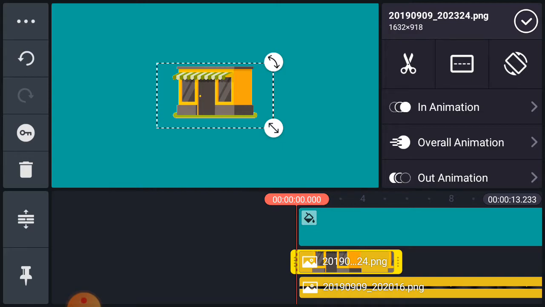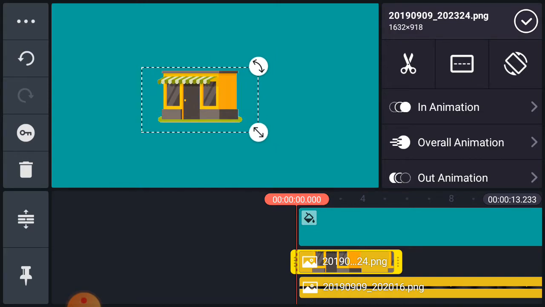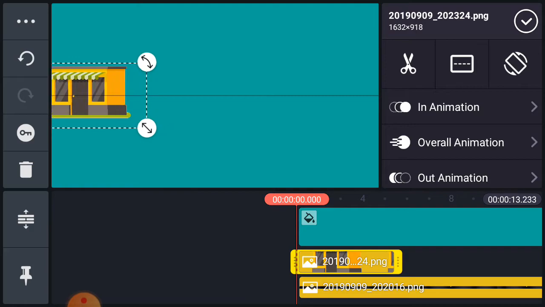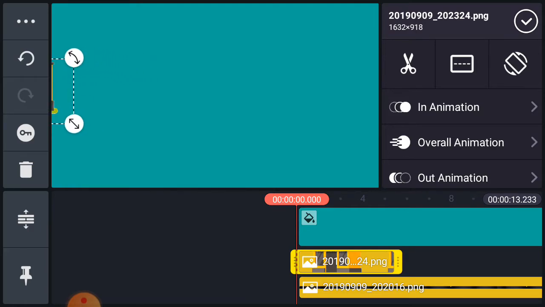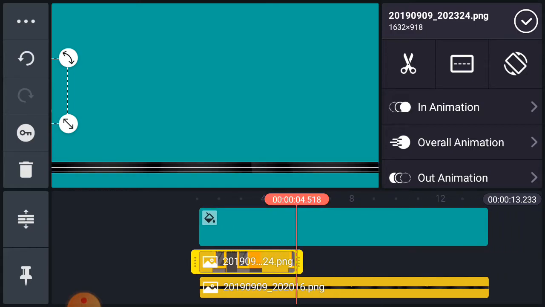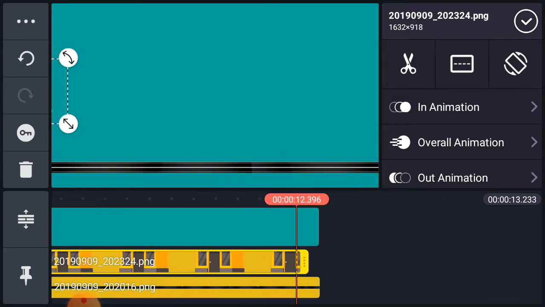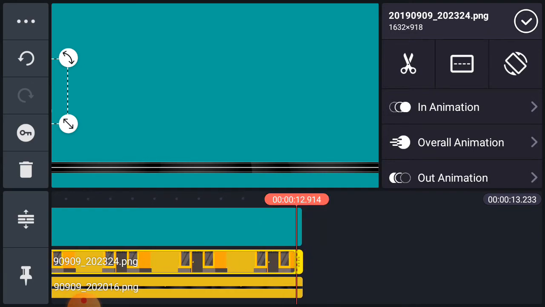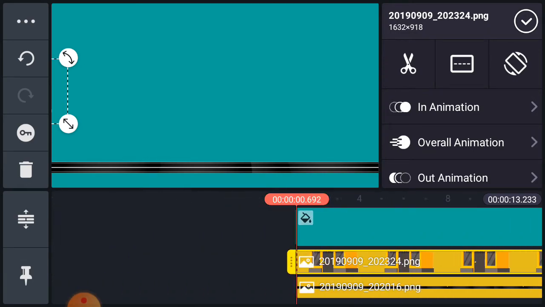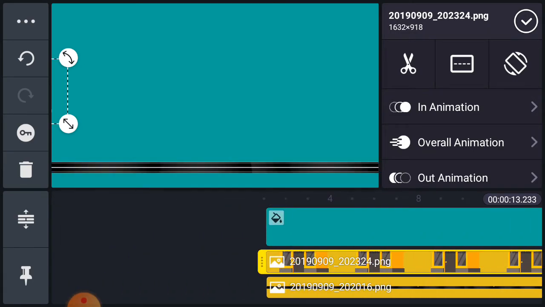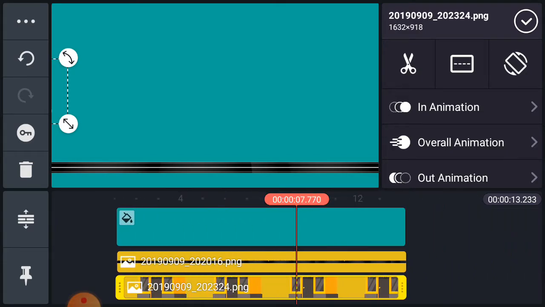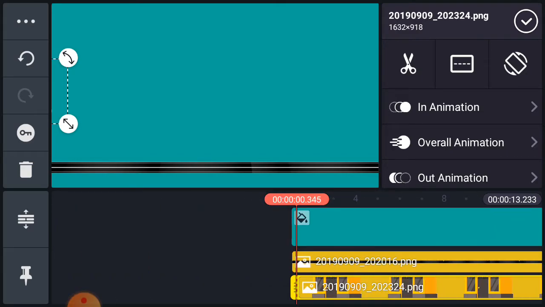So I make it small and bring it here. Suppose I put it here. Also I can fix the size for this. I will make it equal. Again, all the slides, all the images and the videos should be equal. So now you can see.